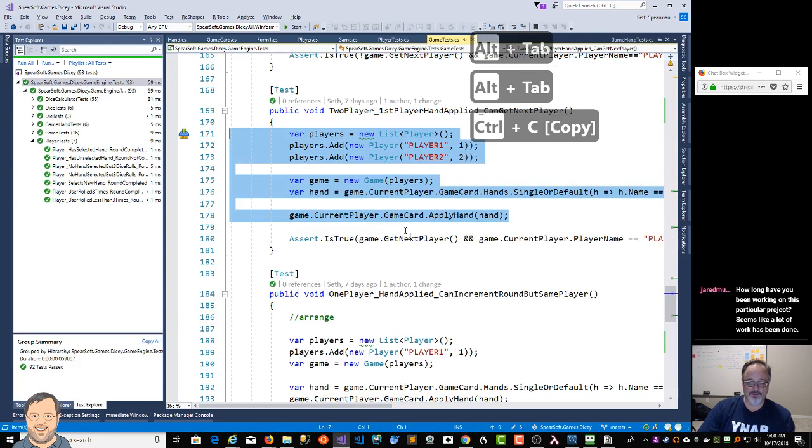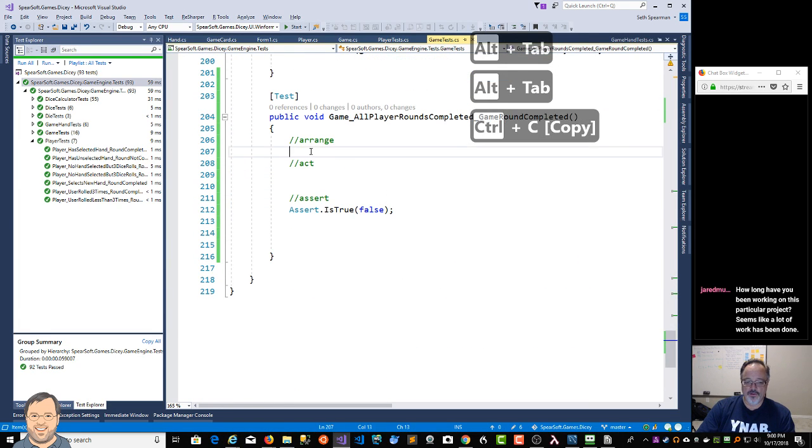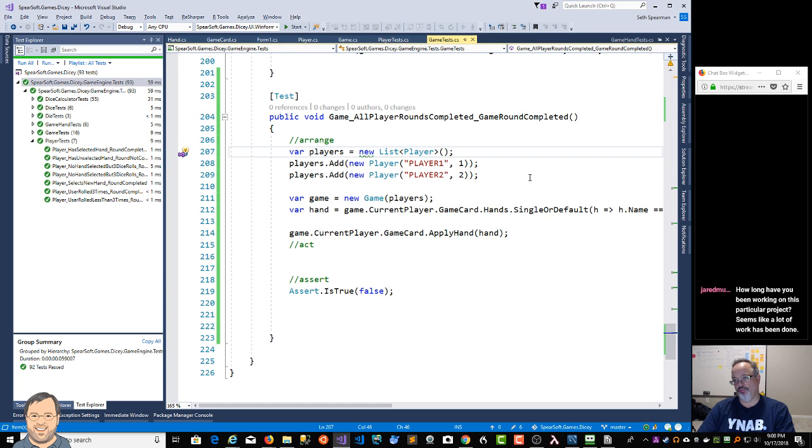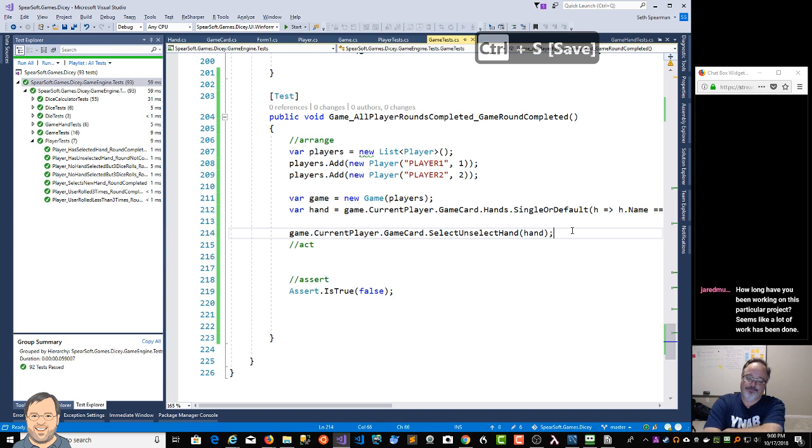There's two ways I can get a player's, yeah, probably this is the easiest way. Current hand. So the hand in this case, I don't want to apply the hand. Applying the hand is something different. We want to select the hand. And what I want to do is get